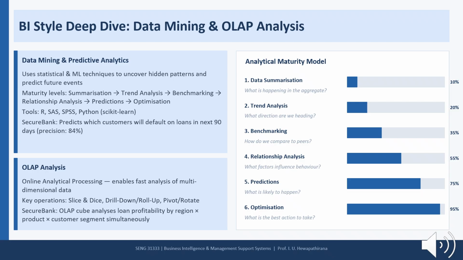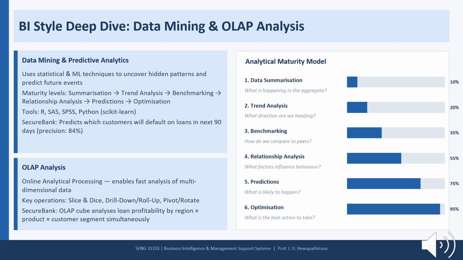This is where BI merges with decision intelligence and machine learning to recommend specific actions. Most organizations are somewhere in the lower half of this model. Reaching the top requires significant investment in data quality, engineering capability, and analytical talent. OLAP analysis is a complementary capability. It enables users to explore multidimensional data, such as loan profitability broken down by region, product type, and customer segment,